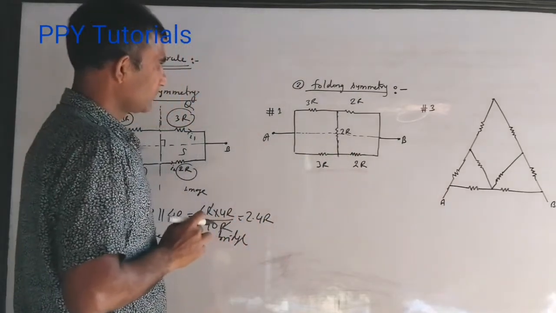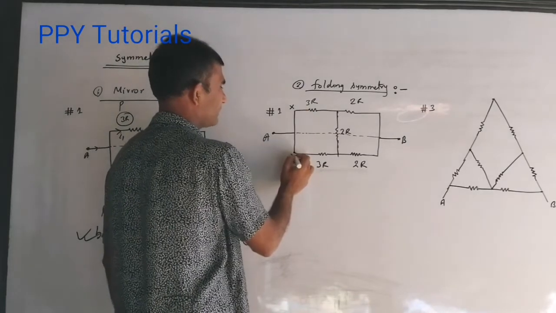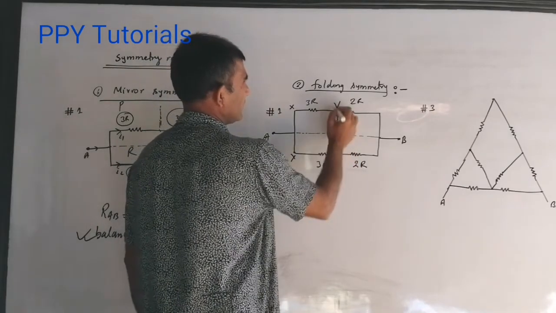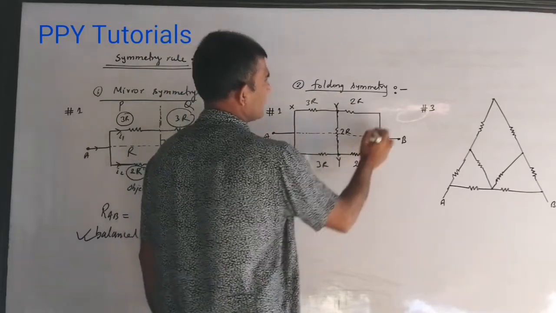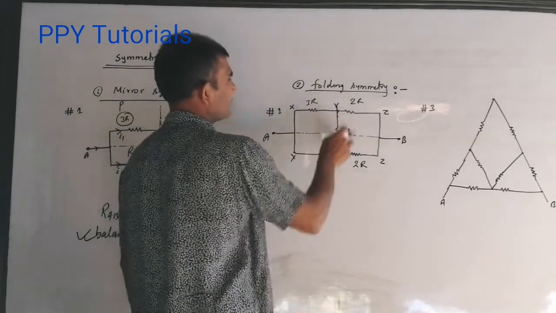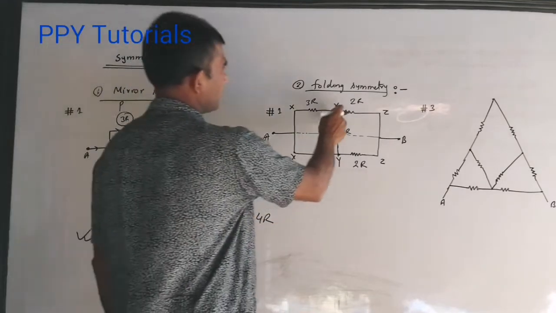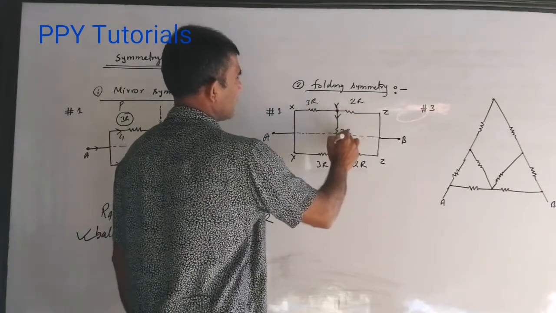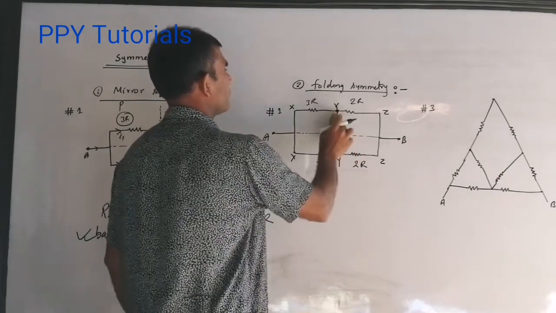Now what left then? What to do? In this case you will find the potential of this point and potential of this point same. Likewise potential of this point and this point also. You can write V1 below, but let me write Y only, and so Y, and there is Z and there also Z. So potential of these two points are same. If potential is same, then current does not flow, you know that. So if potential of this point and this point are the same, then there is no chance of current going in this direction or in this direction. There is no current going, so there is no use of this branch.